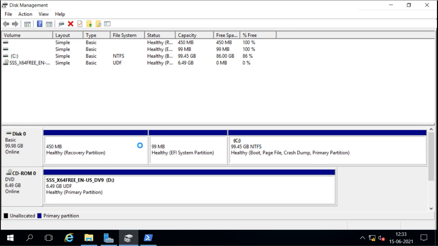Now this hard disk is a basic disk, and also this is MBR. If we want to convert it into a dynamic disk, we can convert it without losing the data. But remember, it will not be reversible. So I will not convert this system drive because my operating system is installed there. I will show you this on a new disk. I will add a new disk here, and then show you how we can convert basic to dynamic, and also what we have in MBR and GPT.